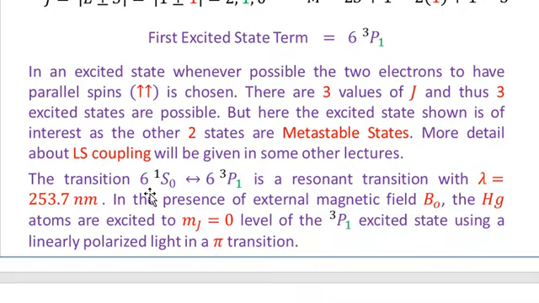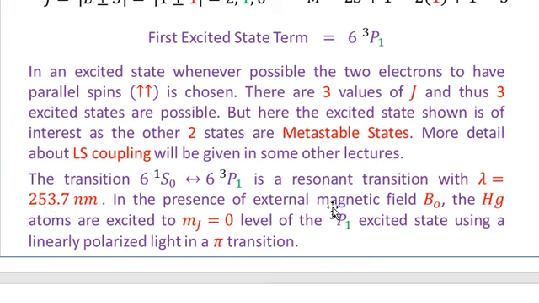The transition from the ground state, which is 6 1S0, to the first excited state possible for optical pumping is 6 3P1. And these are the resonant transitions. That is, the transition from 1S0 to 3P1 is possible, and also from 3P1 back to 1S0 is possible optically. So the transition between these two states is referred to as the resonant transition, with wavelength equal to